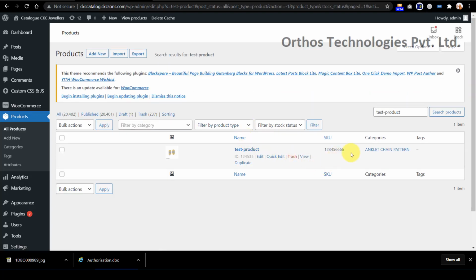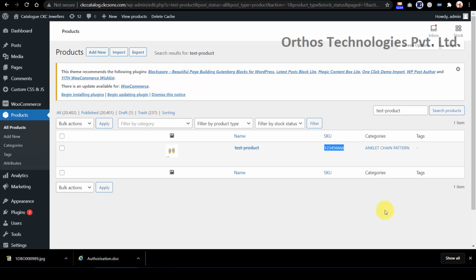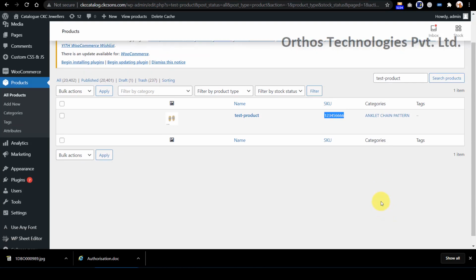This is how you create a product manually, that is, without the import process. This is a bit of a laborious process, but it is more accurate and easy to understand. Now we will go on to create a category and add this test product to that test category.